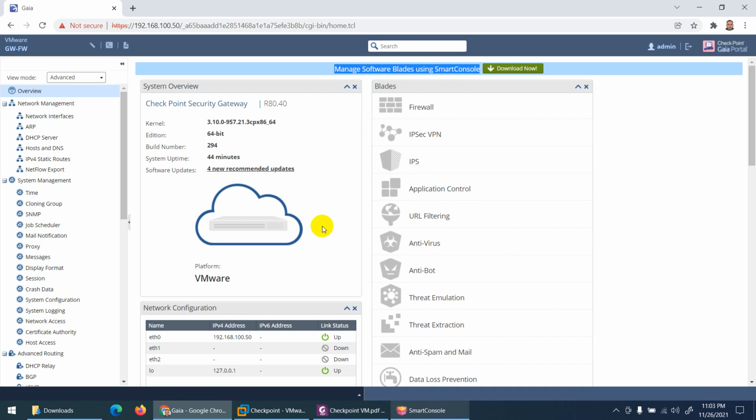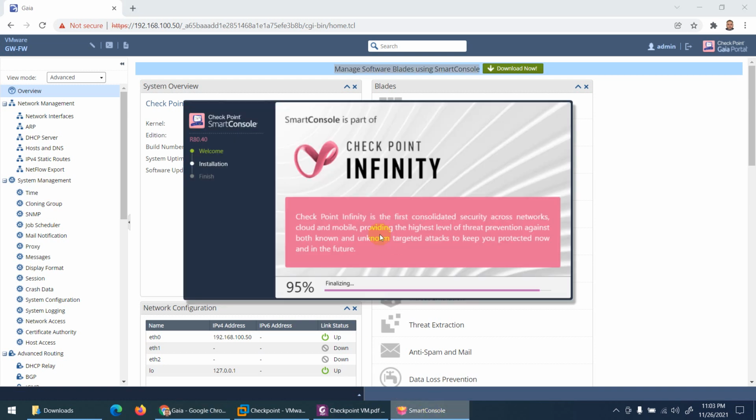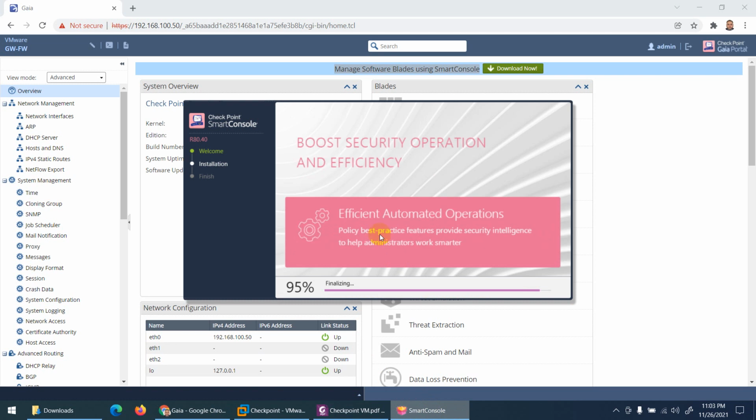This is just to show you how we can install Checkpoint Firewall and how we can configure it. So let's see, SmartConsole is almost done. It's basically software from where you can manage many firewalls. Let's see, it's at 95%. We need to wait for another minute, and then we can access this firewall easily,